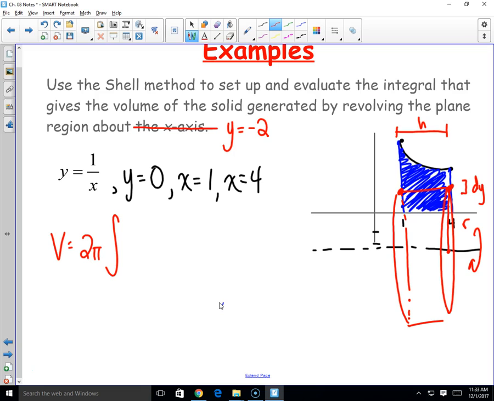So I need y bounds. What are my y bounds? 0 to 1. 0, because y equals 0 is my bottom. And I need to figure out what this y is, which is when x equals 1. We'll plug it in. 0 to 1. My r has something to do with y, because it's a height. Has something to do with y, but up here, when I'm drawing,